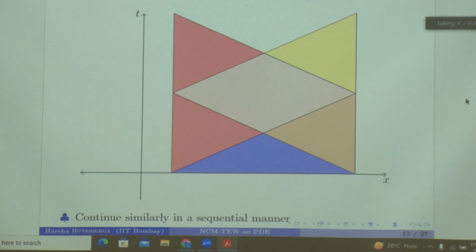Okay, so this method of a Fourier series is not the only way to solve the initial boundary value problem for the wave equation. You can actually use D'Alembert's formula followed by a sequence of parallelogram identities to find the values of the solutions to the wave equation. So I hope this is clear. Okay, so this is very geometric. You just keep drawing those characteristic parallelograms and you get there.